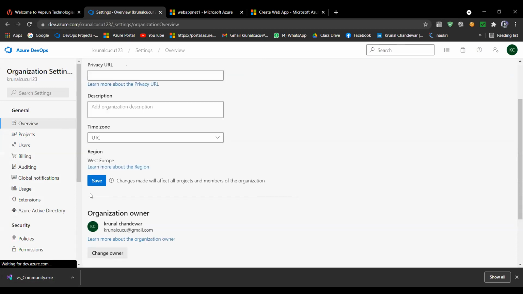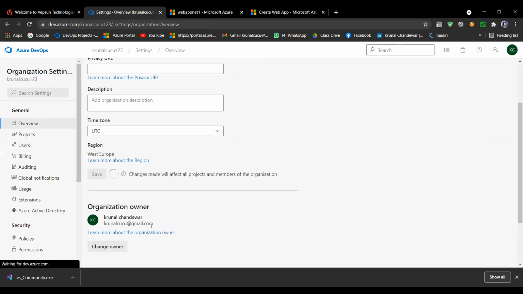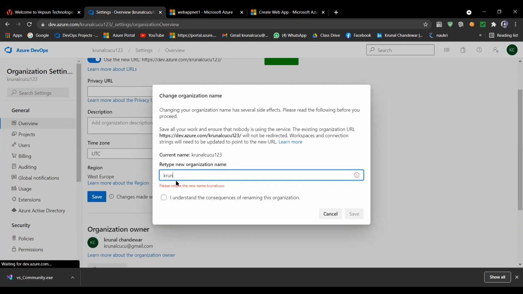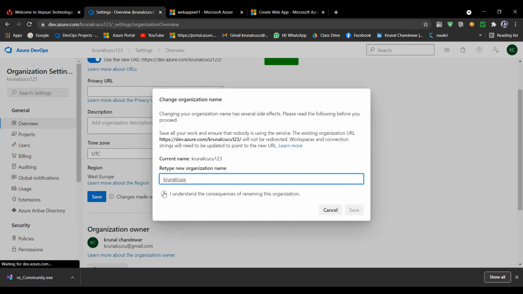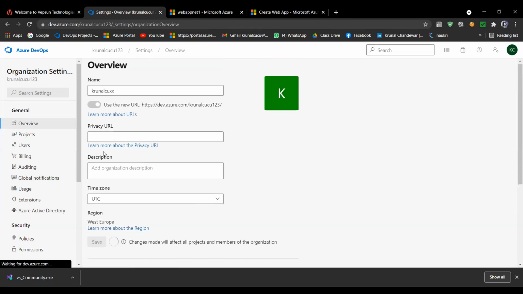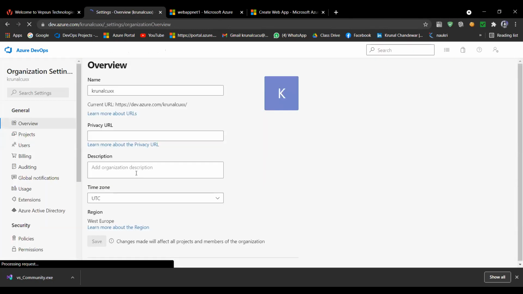Say save, and now it will ask for the name, Kunal CU XX, and say I understood. You can change the name from this tab, and I changed the name. Now my organization name is Kunal CUXX.